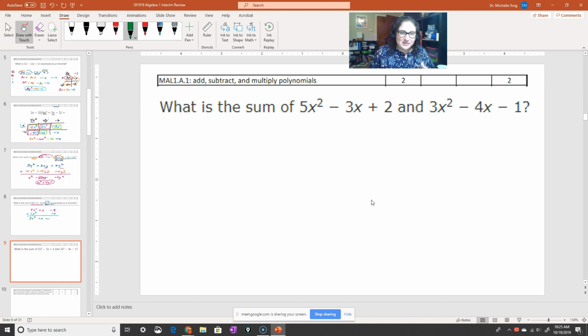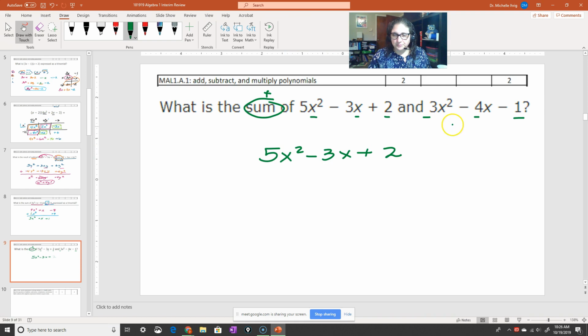Okay, we're almost done. This is our last one that deals with this kind of funkity-dunkity stuff. This is the easiest of all of them. This one is a straight sum problem because sum, of course, means addition. And look, we have 3 terms here and we have 3 terms here. So we're going to write it out. It doesn't matter which you put first. I'm just going to write the first one first, but you could put the second one first.